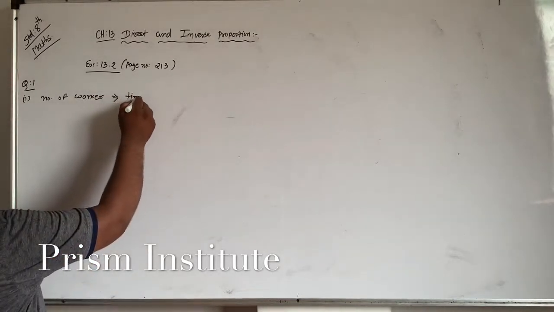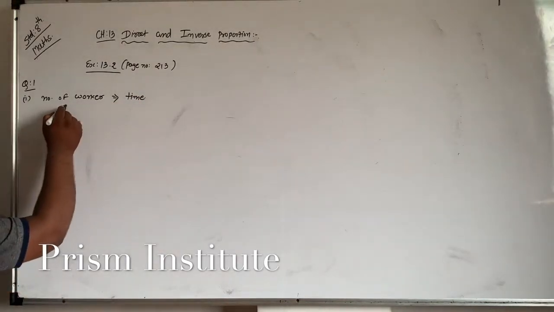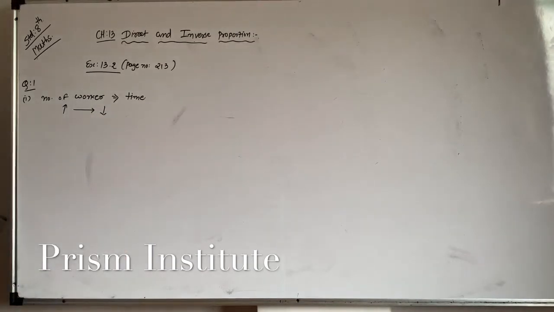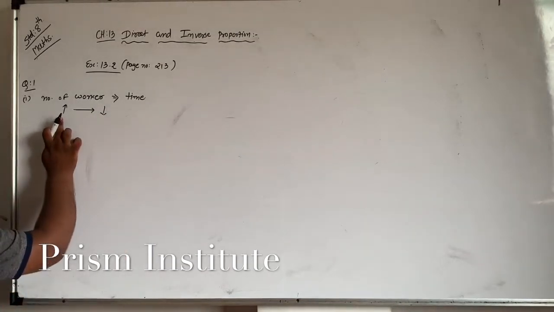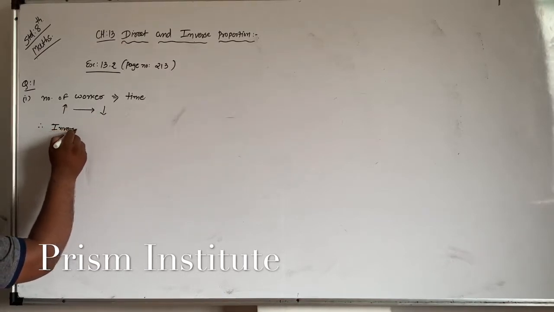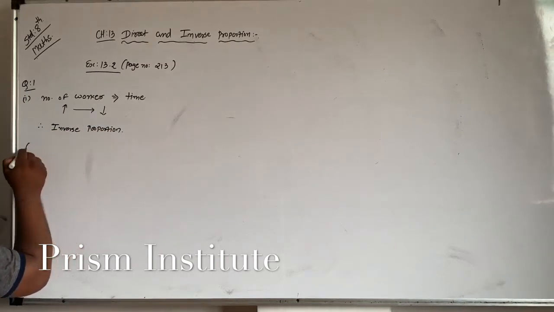So the time, now you know very well, if the number of workers is increased, at that time the time to complete the job is decreased. So one quantity is increased, so another is decreasing, so it is in inverse proportion. So that is your inverse proportion. Okay, now second number,